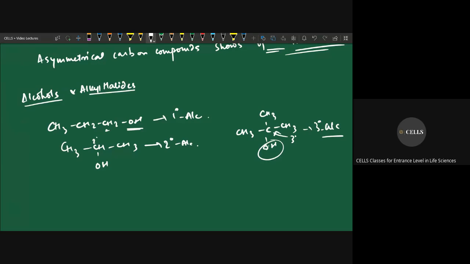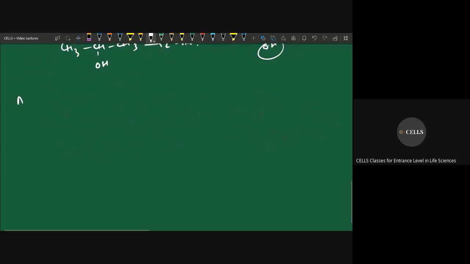Now see this carefully. Suppose, if you're talking about alkyl halides, we have CH3, CH, CH3, CH2, CH3. This one is the primary, this one is the secondary, this one is the tertiary, this one is the primary, right? So if we give Cl,